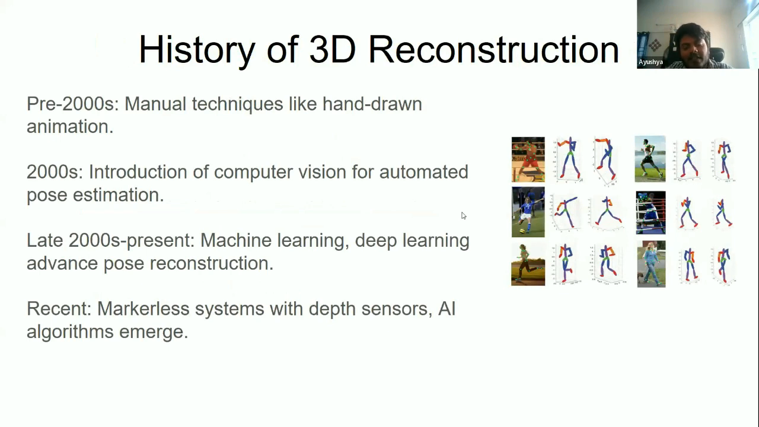Now, a brief history of 3D reconstruction as well. Back in the days before the 2000s, the only way to reconstruct a 3D human body was manually. So there were no tools and techniques available to do it. The 2000s introduced computer vision techniques to pose estimation in 3D reconstruction. And following on, machine learning and deep learning algorithms came into the technology industry, and people started using them